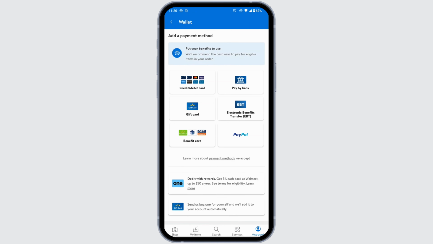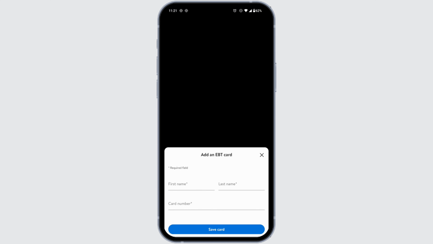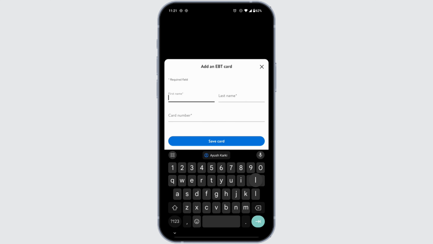Over here, you will find different payment methods. Head over to the option of electronic benefits transfer, EBT. Open it. Now from here, you can easily add an EBT card. Provide the details. First up, type in your first name, then type in the last name, then type in the